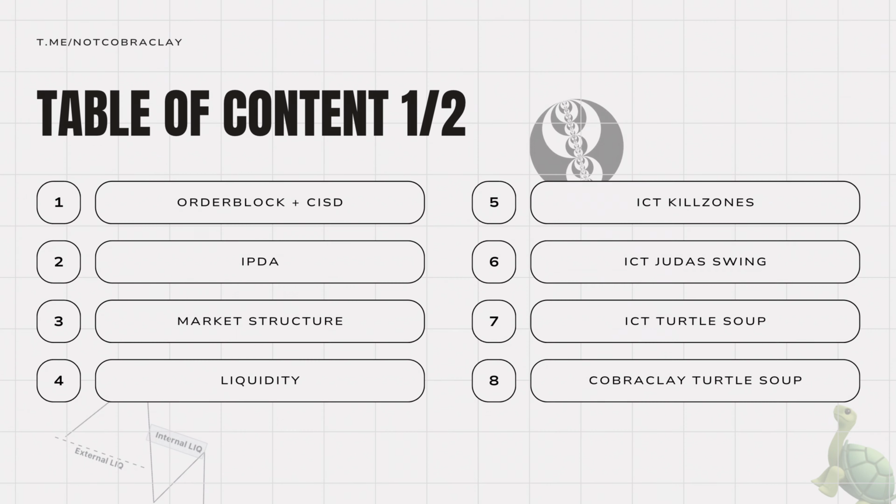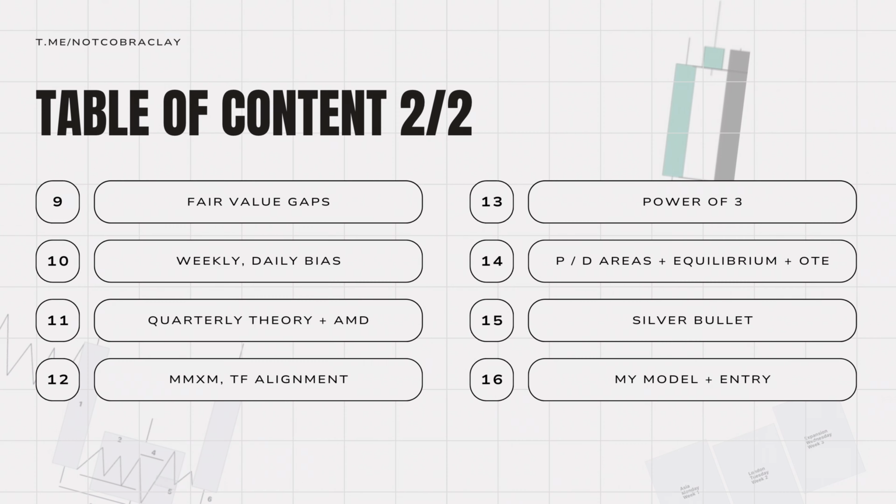The table of contents, we will hop over order blocks and CISDs, okay? IPDA, market structure, true market structure, liquidity, ICT kill zones, ICT Judah swings, ICT's turtle soups, which only have 3 examples, Cobraclay turtle soup, fair value gaps, weekly and daily bias, most likely weekly, quarterly theory plus the AMD, accumulation, manipulation